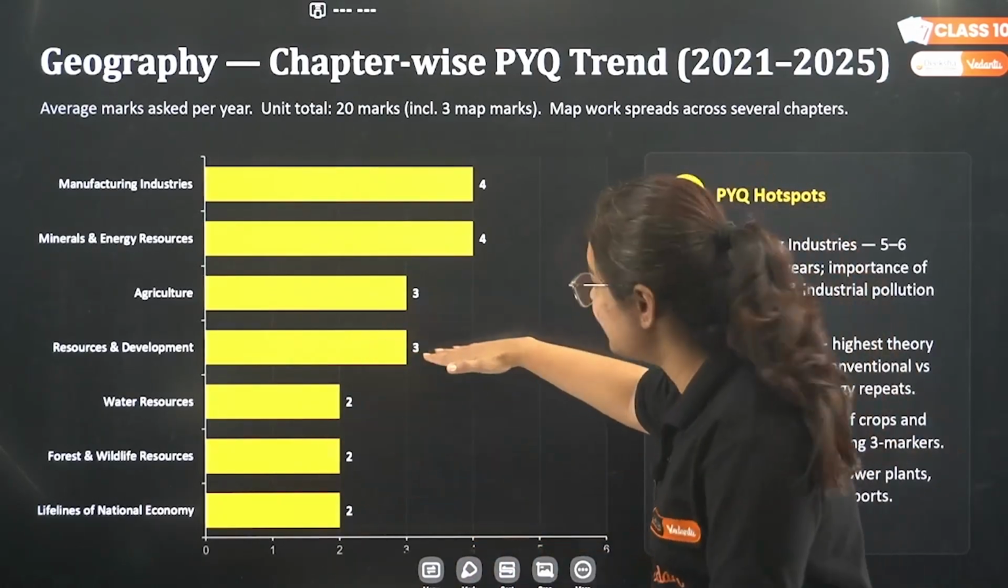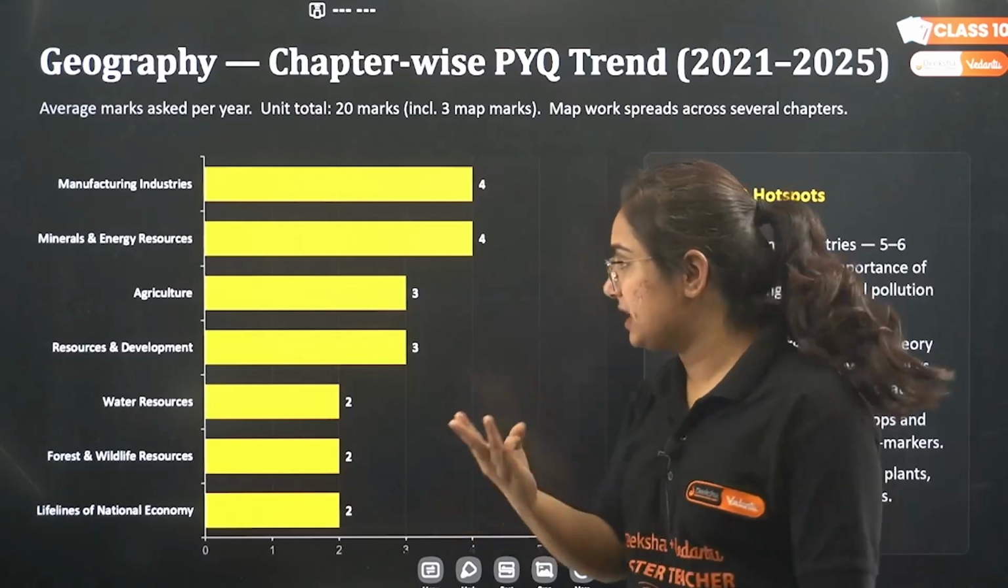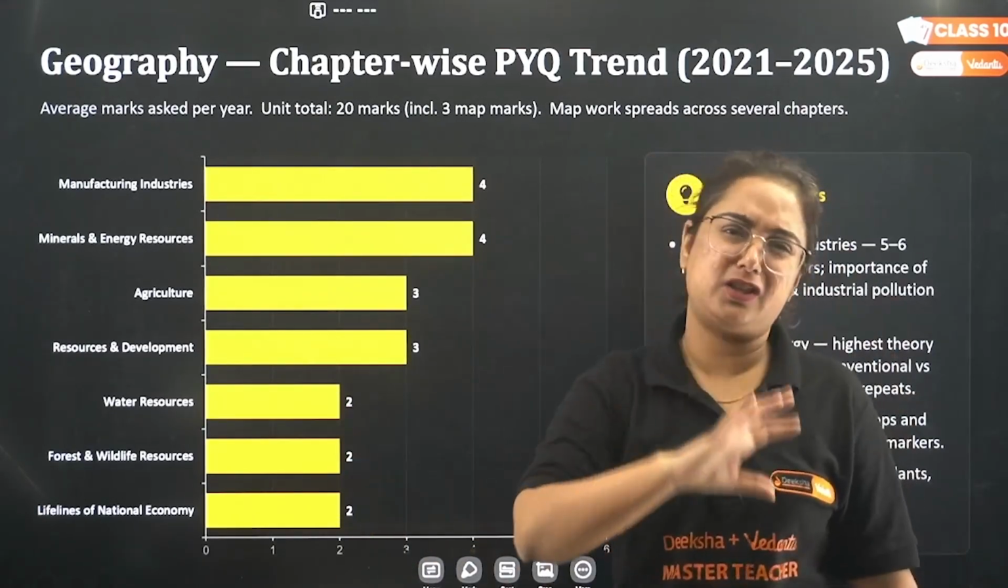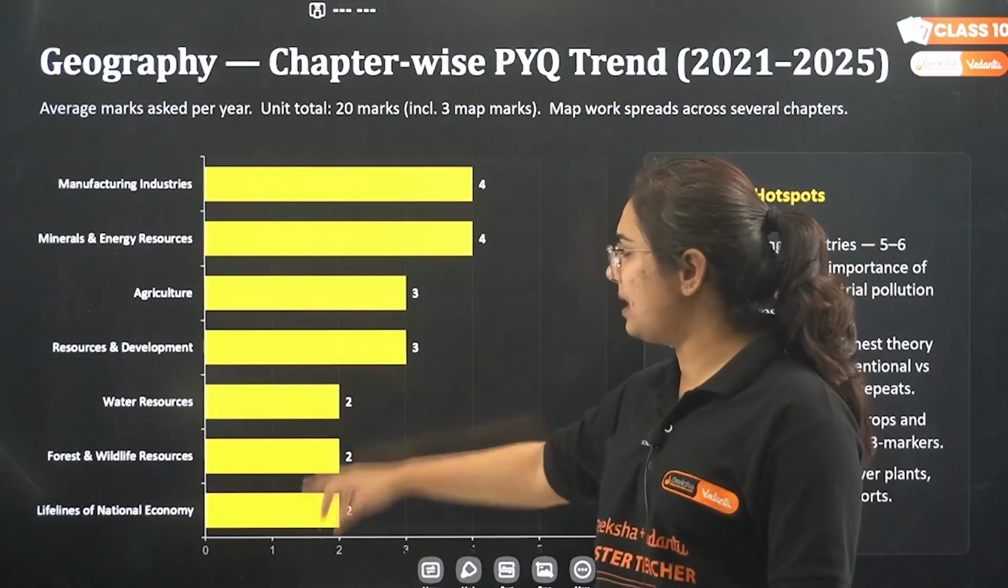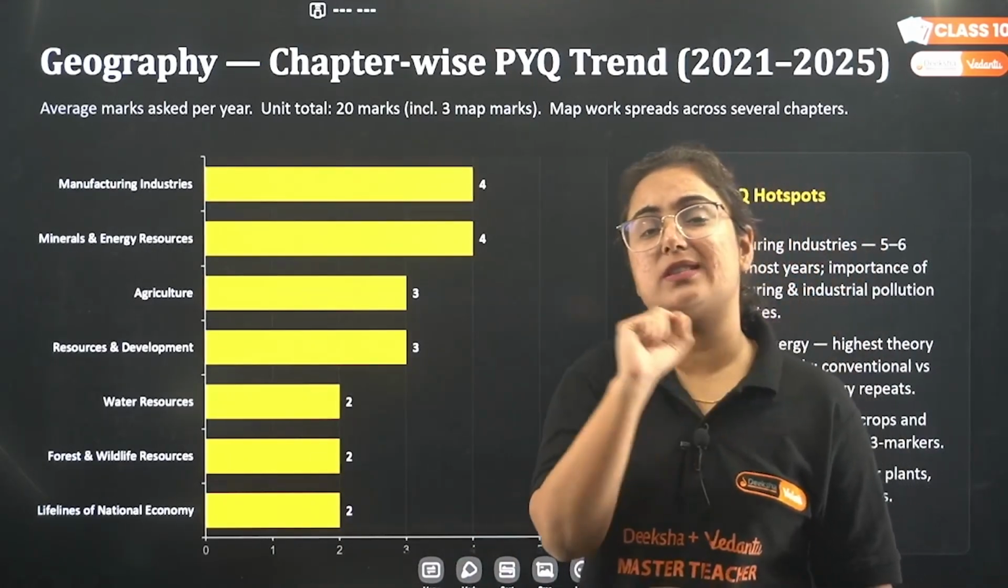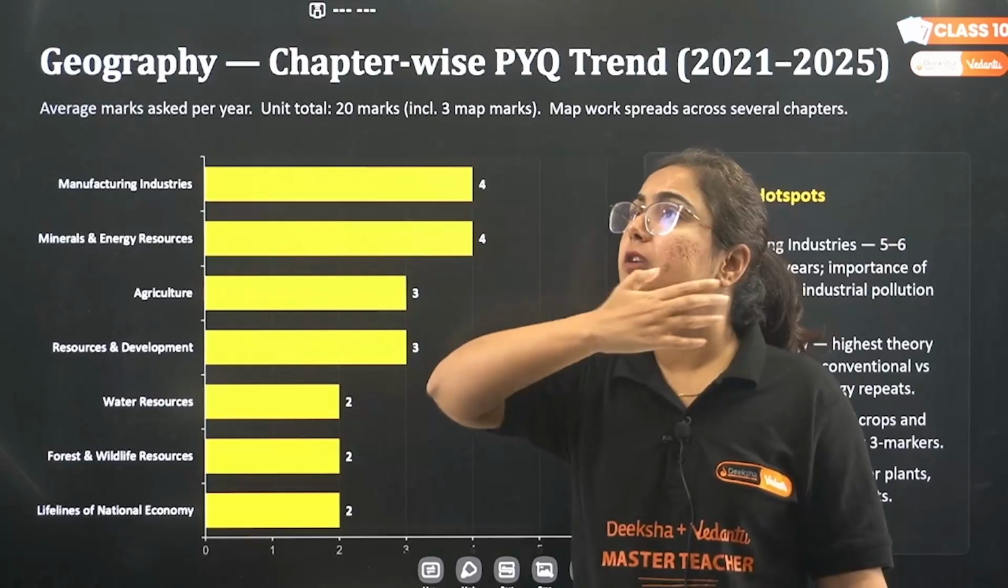Then we have resource and development for 3 marks. Water resource for 2 marks. Water resource is also a high weighted chapter. It is not only for 2 marks. It can be more, sometimes less, because there was a time when for a lot of years